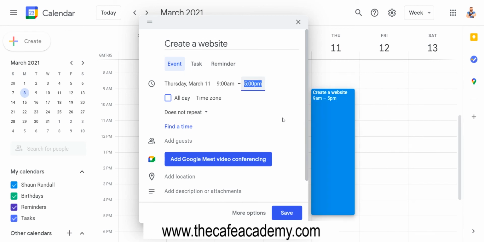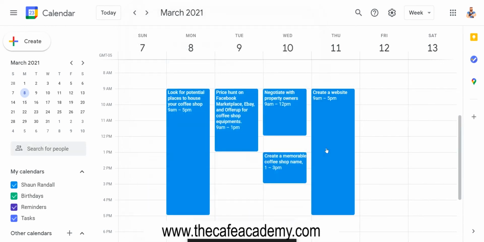And you want to create yourself a website. You also want to create yourself a business email. You also want to get yourself a business phone number. What else? Then you want to get yourself a domain name. So I think that'll be a 9 to 5 right there for you, just because I want to make sure that you focus on impression. The way people see your website is the way they feel when they come inside your coffee shop. Alrighty, so you got yourself a 9 to 5 for March 11th.